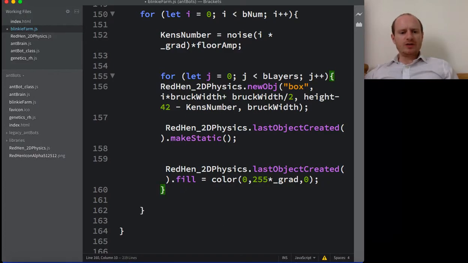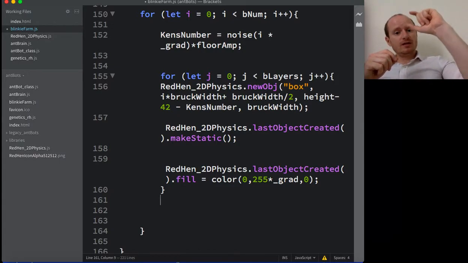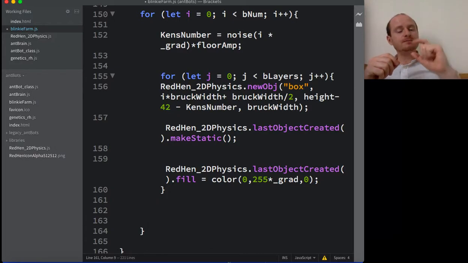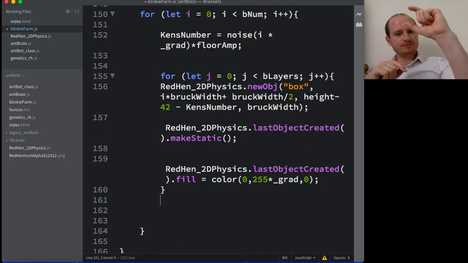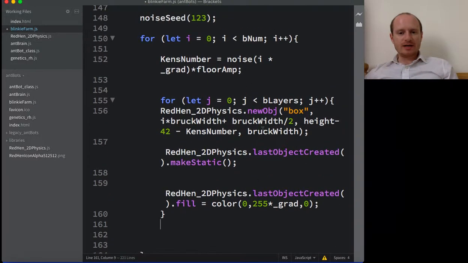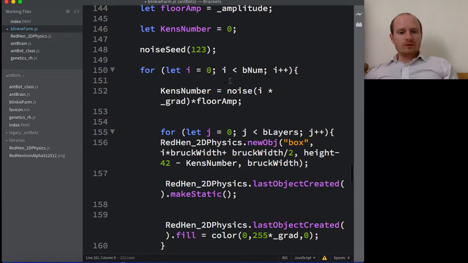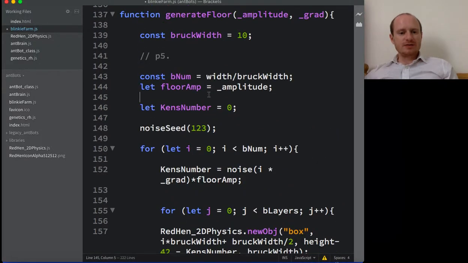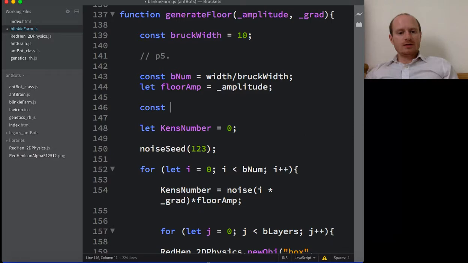So what are we doing? We're just adding an amount to the y position. And I'm going to add that, and it's going to be a multiple of the brick width, we called it, because they're just squares. So we're going to multiply what layer we're on by brick width, and we'll go down how many layers we need. So I just made a variable called, where are we? b layers. So let's do that. So const b layers